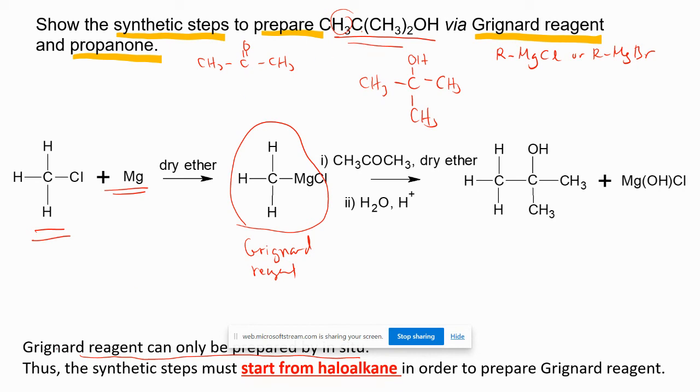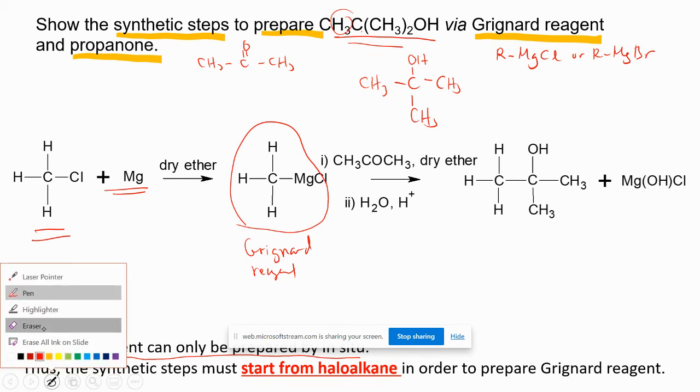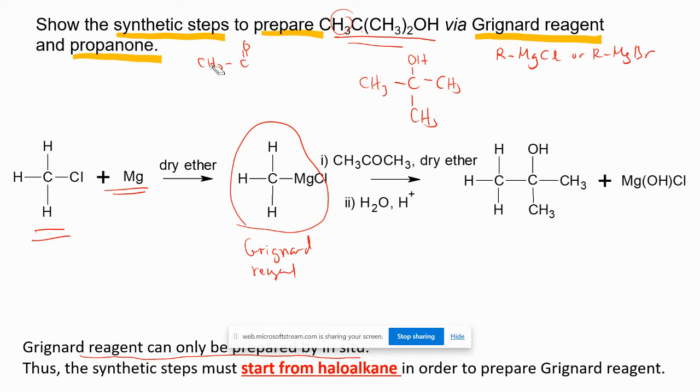If propanol, I straighten it. If I straighten it, this is also propanol. So this part, double bond O will become OH. So our Grignard reagent will be only CH3